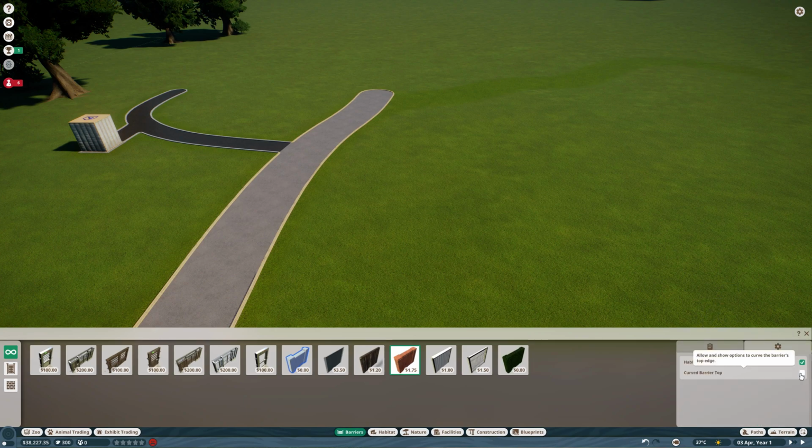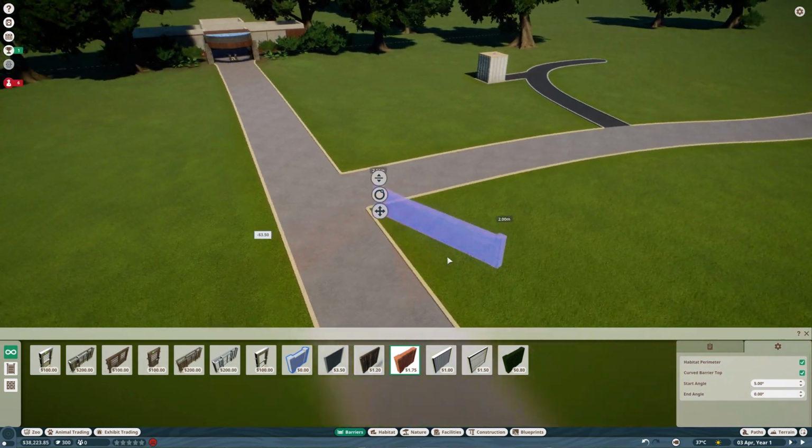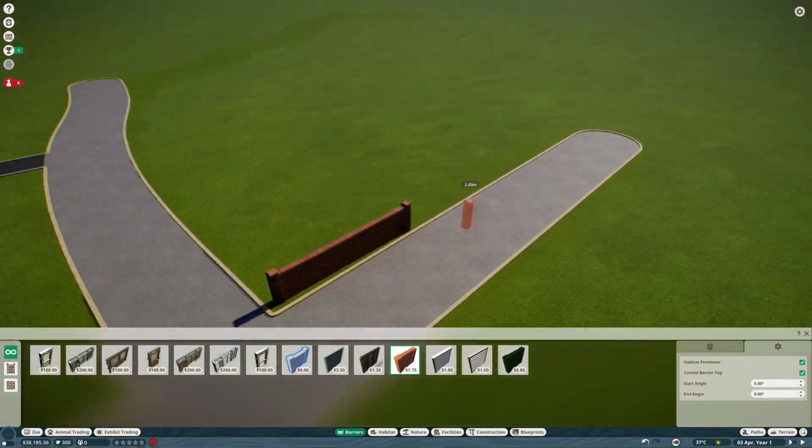Curved barriers. Yeah, I like that. I don't know, 5 degrees? I don't know. But anyway, let's go from here to here. And what I'll do now is...